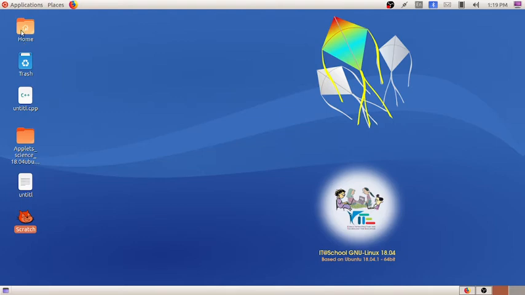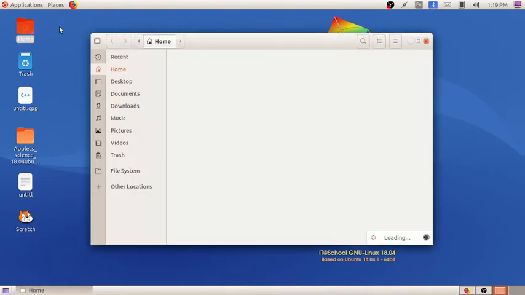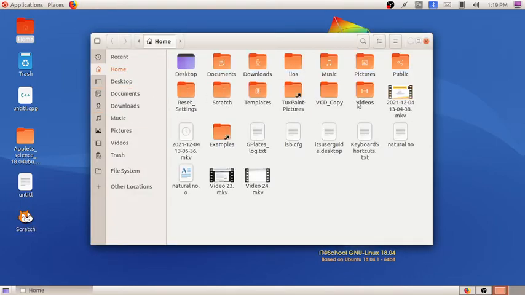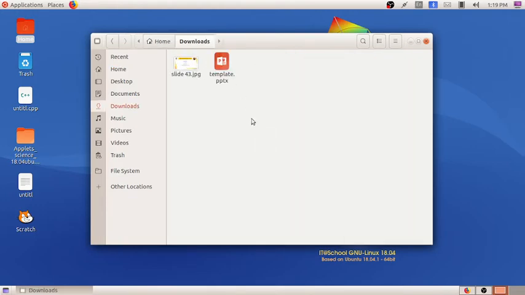From here I am opening the home, and here you can see different folders so that the user can easily take the folder. When we click on downloads, you will be getting the download folder. And here this is a file which I have saved.